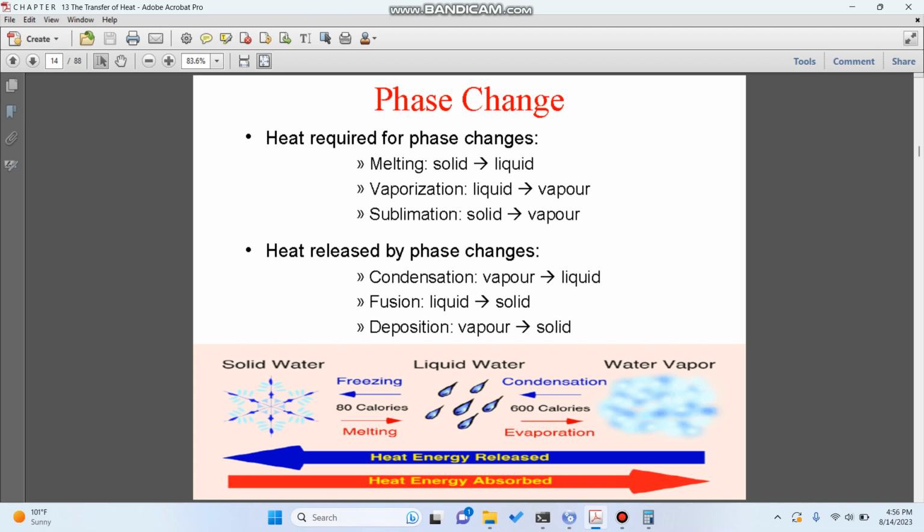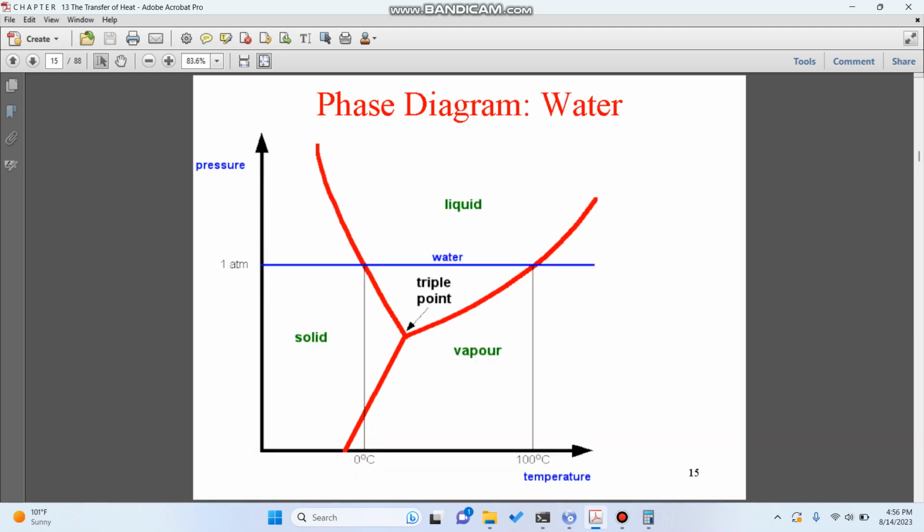There are also other terms like freezing, melting, condensation, evaporation. And there is one important point: the phase diagram for water. It is important to note that these values are at 1 atmospheric pressure. For different pressures, the values will be different. Whenever we say water boils at 100 degrees Celsius, basically it